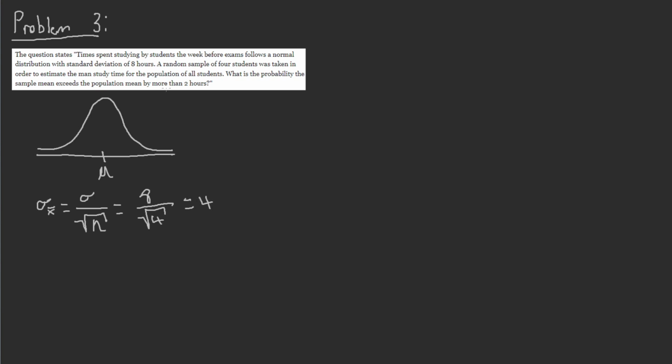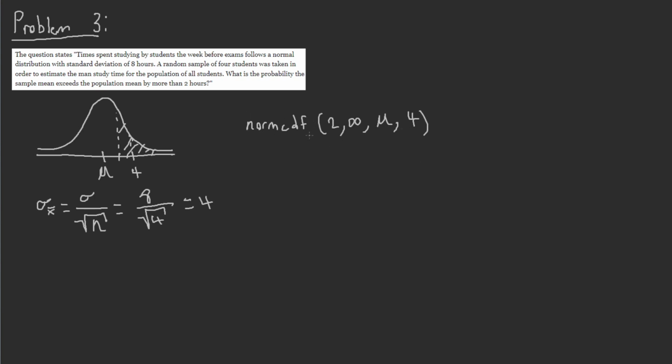And so this tells us that the standard deviation of our distribution of sampled means is equal to 4. And so what this is asking us is, if this is the distribution of sampled means, and let's say that this is equal to 4 right here, so this is 1 standard deviation away from the mean, this would be then 2, and we're asked what the probability is that x bar will be in this little area here. And so this would be the normal CDF from 2 to infinity, and then we would go from the population mean, and we'd have a standard deviation here of 4. Now here, we don't have enough information to solve for this probability in this way,